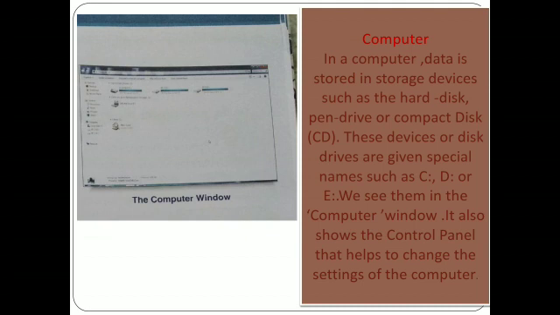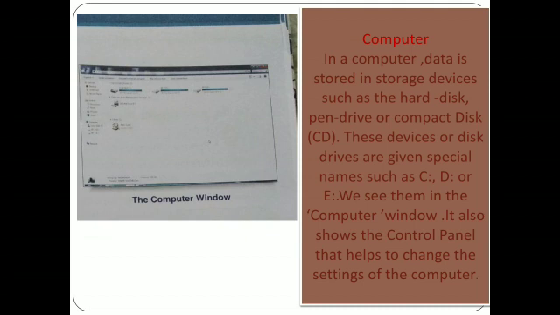Computer. In a computer, data is stored in storage devices such as the hard disk, pen drive or compact disk. So students, where is data stored in a computer? In the storage devices. Which devices? Hard disk, pen drive or compact disk.